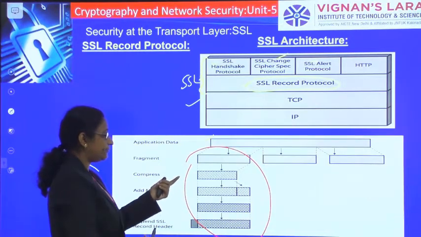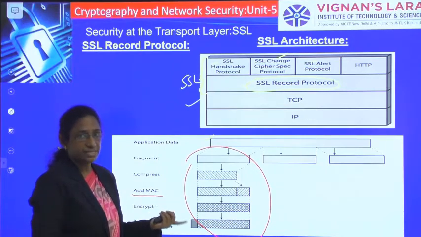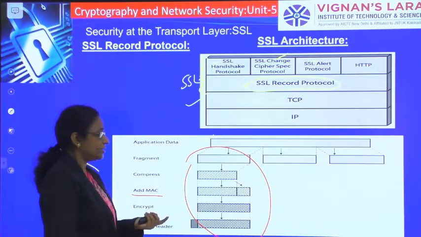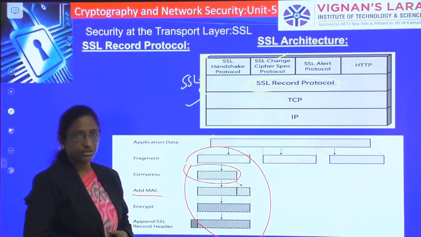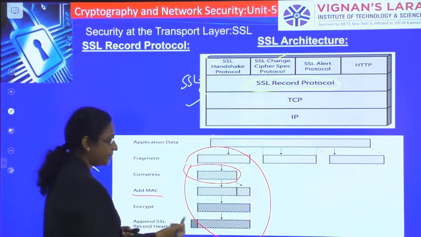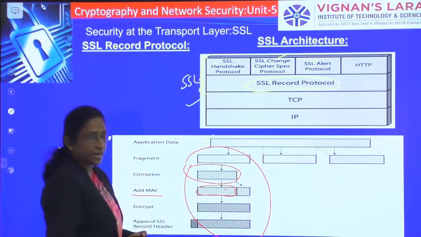After compressing it, you add the MAC code, which is the message integrity process. On this compressed data you apply a keyed hash function, which gives you a MAC code, and that MAC code is appended to the compressed data.